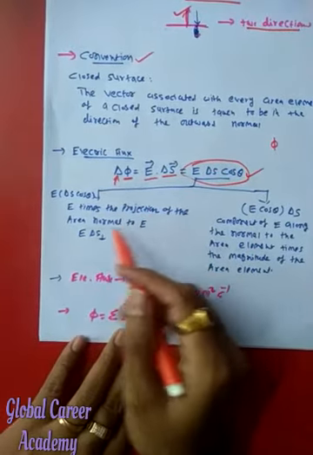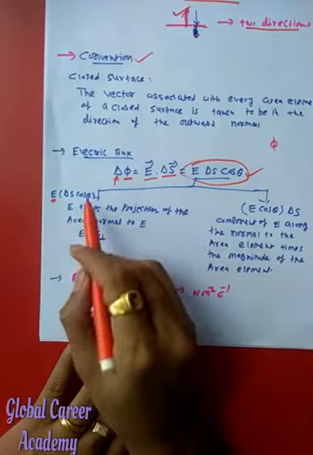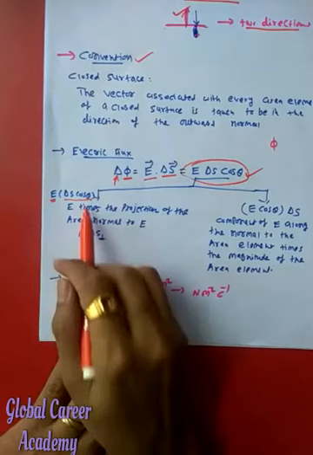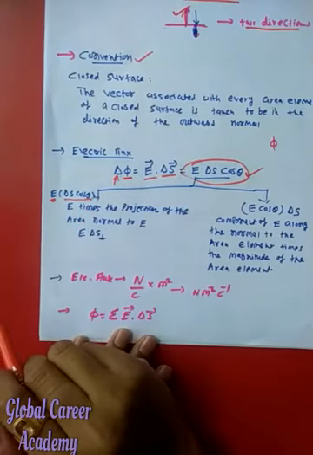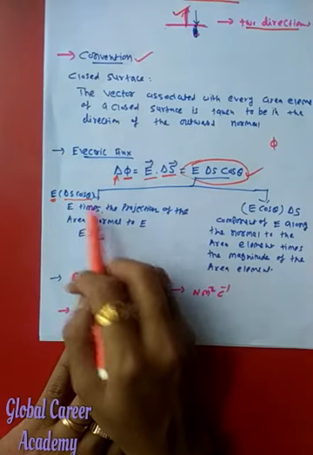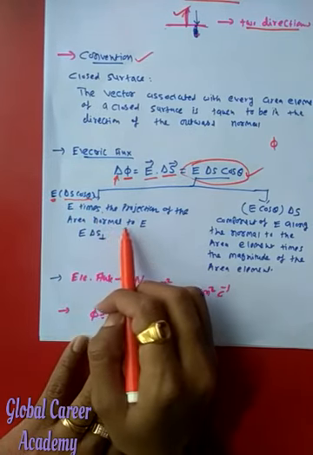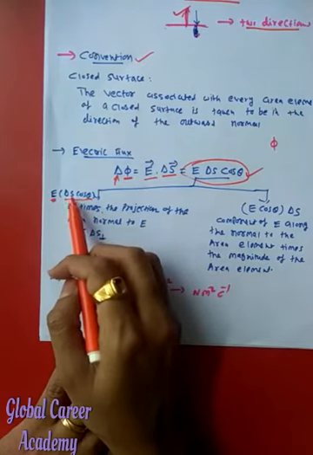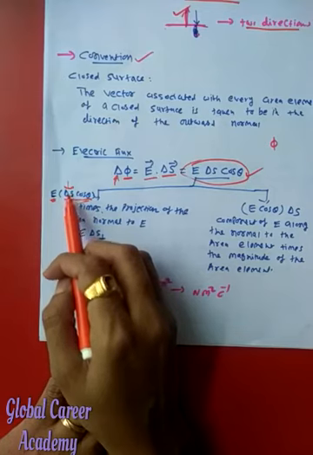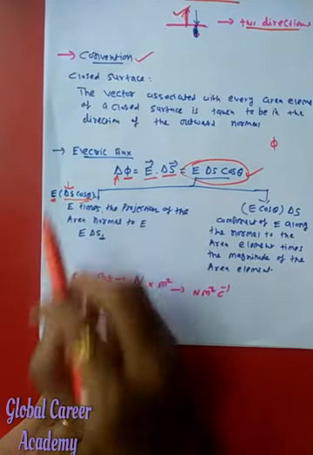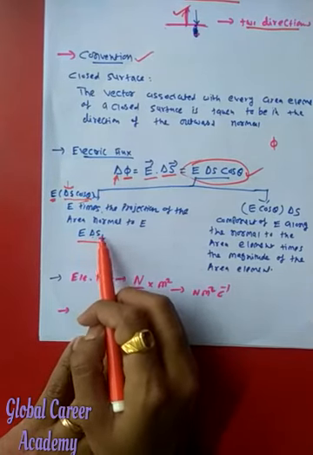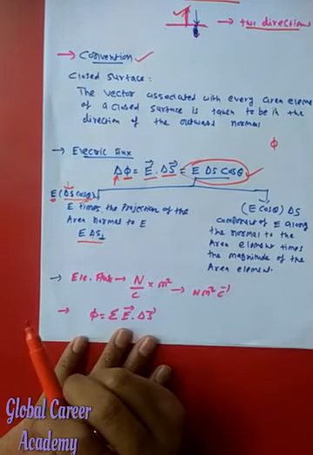One is that you keep E alone, and the rest of the thing is, let us say, delta S cos theta. So how can we put this in a statement? It is E times the projection of the area normal to E, right? Delta S cos theta is what? It is the projection of the area element normal to the E, right? And I can also write this as E, and then delta S normal or perpendicular, right?